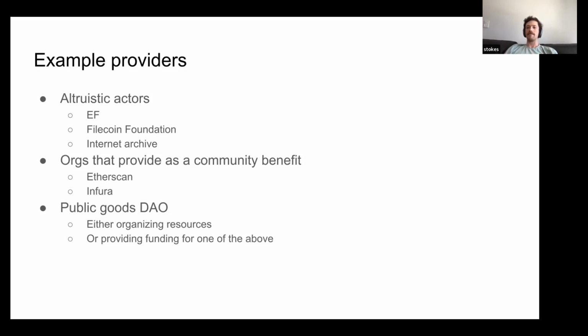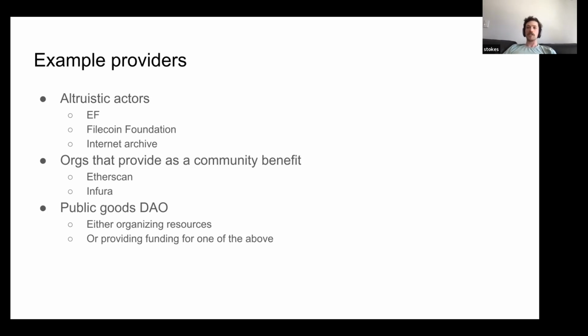The Internet Archive, sorry, I need some water, but I don't have any. The Internet Archive basically just wants to archive the entire web. I haven't spoken directly with them yet, but the idea is they could say, yes, Ethereum is this important service, so the same way we archive the web, we'll also provide an archive of the chain.